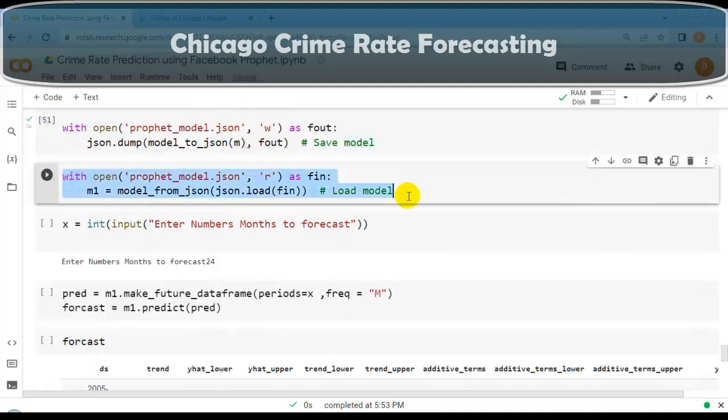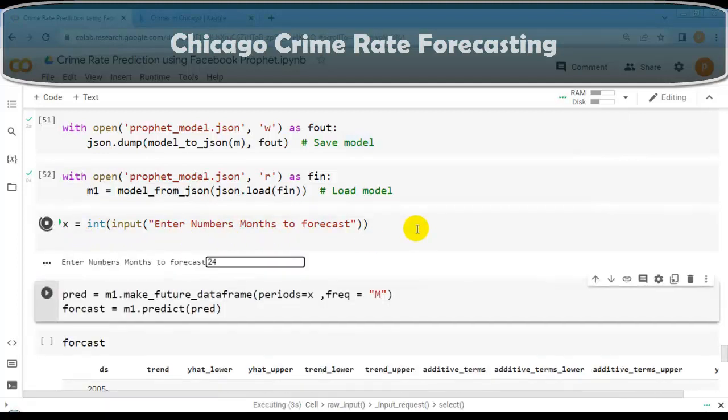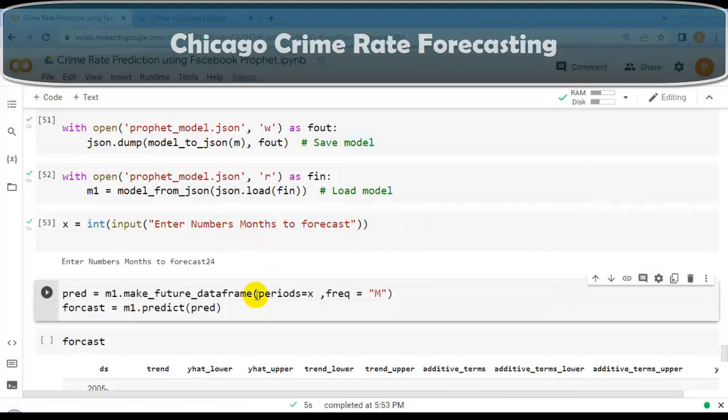So for that, I have loaded this model that you can see over here. I have opened this file in read mode, and using model_from_json, I have loaded this model with instance M1. Let me execute this cell. So now here the user can input the number of months to forecast. Let me execute this cell. Let me enter 24, and that I have passed over here as period X, which is entered by the user.